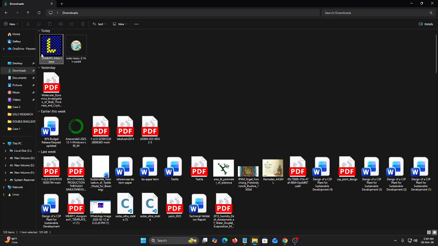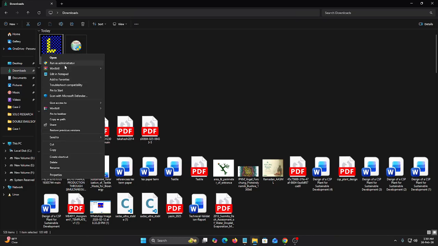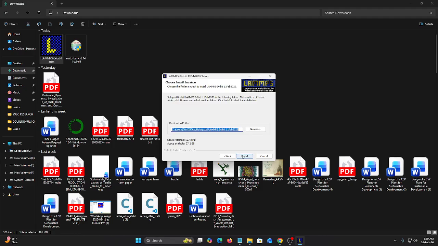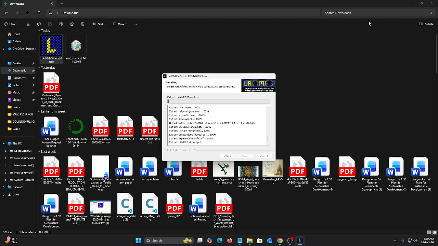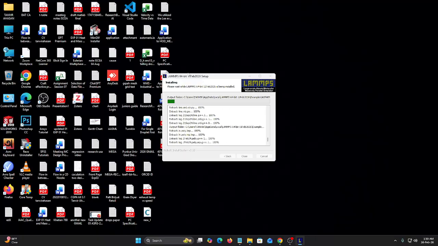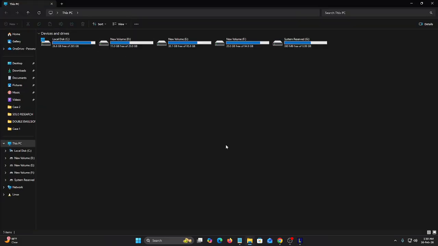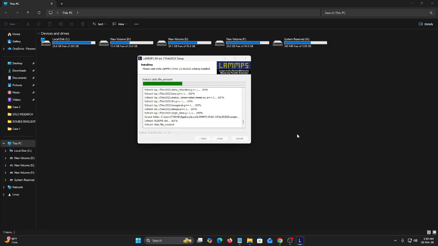For now we are installing LAMMPS, and we'll simply click run as administrator from here. Okay, we are clicking on agree, install. This will certainly be installed. Let's install this. So our LAMMPS is being installed, and